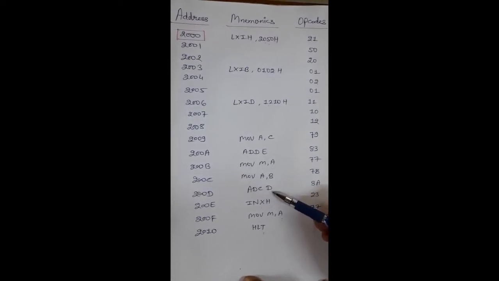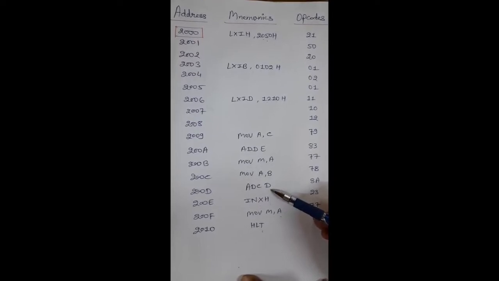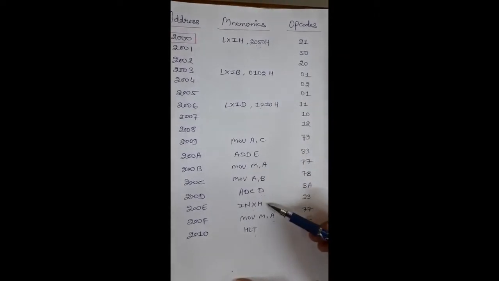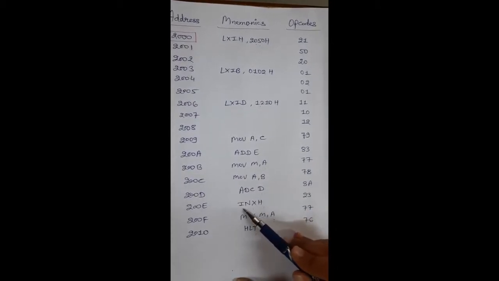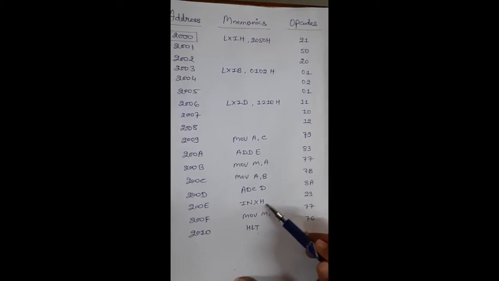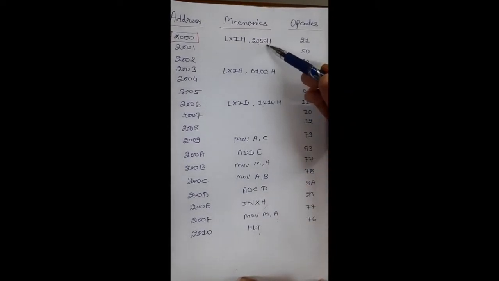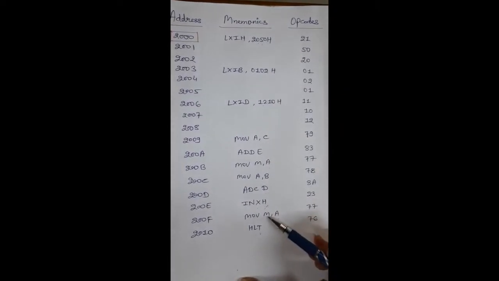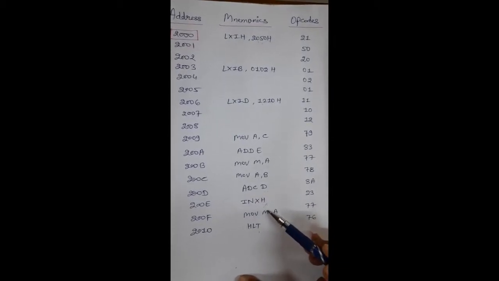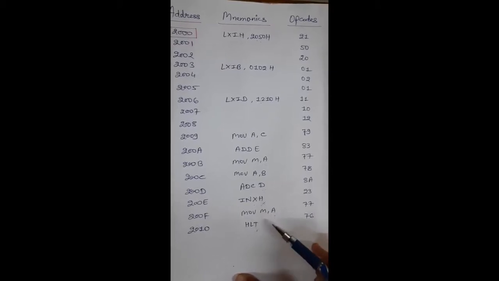Now I want to store the result at some location. So I will increment this address location by 1 with the help of this instruction. This instruction will increment the HL value by 1. So after this instruction the value of HL register will be 2051H and at that location I have again transferred our value of accumulator. And now this is the ending of the program.